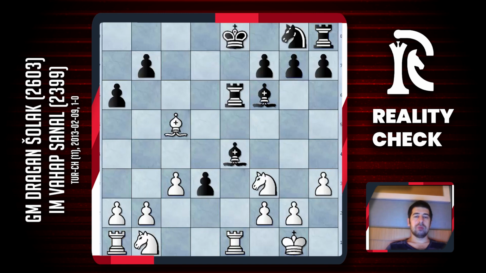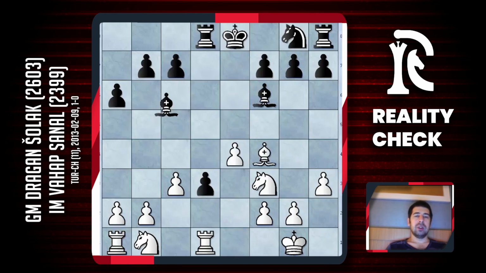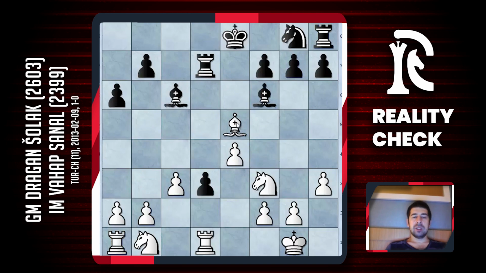So this was my first idea while I was thinking about this position. Then I also noticed that it was possible after this and rook d7 to play bishop e5, and suddenly this